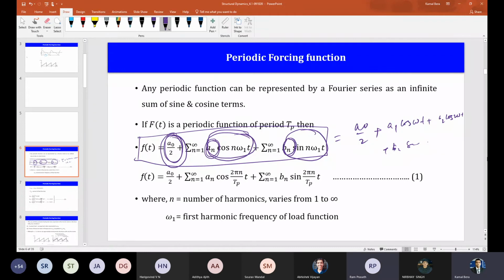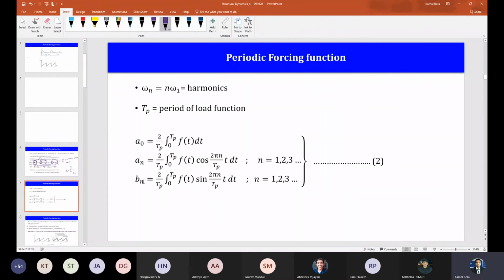So that will be just omega equal to 0, so that will be constant. Tell me the response. Let's say this is not there. What is the response? That will be just a naught by 2k. Yes, that is what I'm asking. So a naught by 2k plus summation of something plus summation of something. That something you have already understood and already done, right? And how many terms are required, you have to fit and see how many terms are approximating.